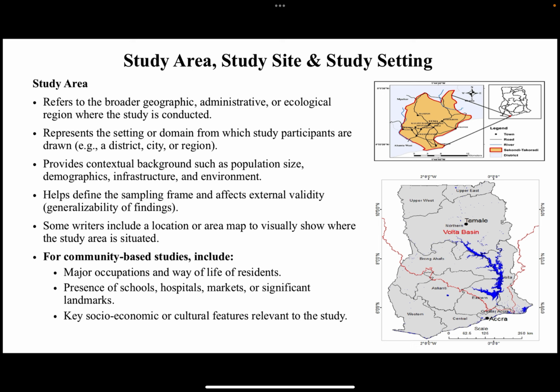Then you are done. The same thing for exploratory. If you are writing a qualitative study, you start by defining what research design means. So you give a very good definition of research design. Now, after defining research design, the next thing you are going to do is you go like, this study adapted exploratory research design using qualitative approach to